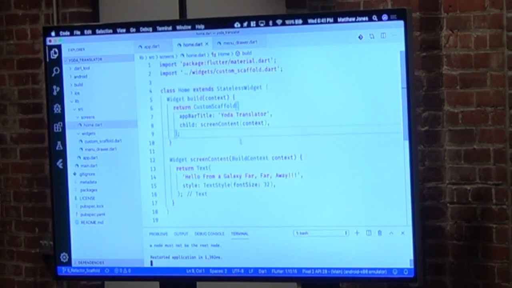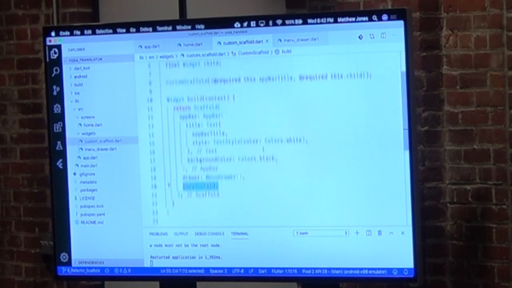All right, and now this home screen, my home.dart file, you'll see that I've created a custom scaffold widget. And this is beneficial because if I open this up, this is going to look familiar. This is all that code that I had in there before. Now, why did I just pull this out and put it in its own file? Because every screen that I use in this app is going to reuse this scaffold.